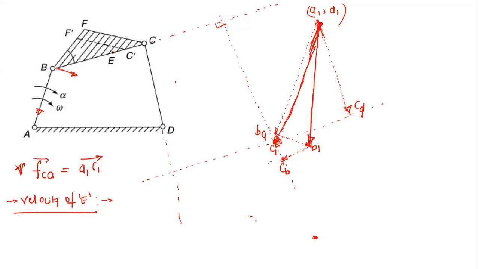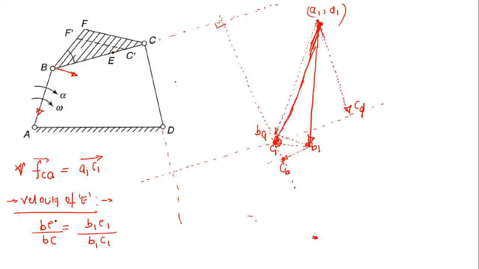So very good. Now this is very easy. Once you see here, the acceleration of point C relative to B is known. So just join this with, let's say, a dotted line. So you know the acceleration of point C relative to B. So C1 B1 is completely known to us. So now you simply take this ratio, that is BE divided by BC is equal to B1 E1 divided by B1 C1. Or you can call it C1 B1, whatever you want to say.